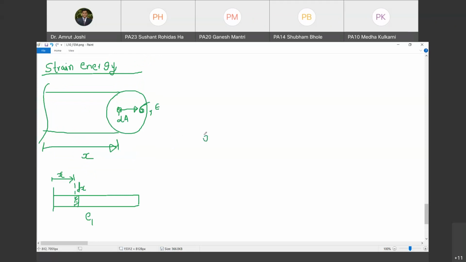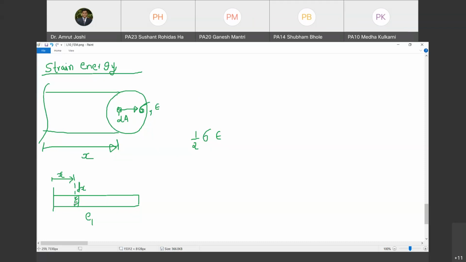So I already told you strain energy stored per unit volume is half sigma into strain. Do you agree with me? Type your response in chat box. Half sigma into strain is the strain energy stored. Yes. Okay. Now, if you agree with me on this, then half sigma into strain is strain energy stored